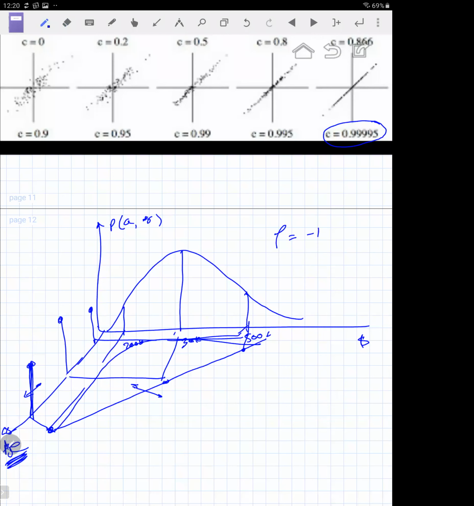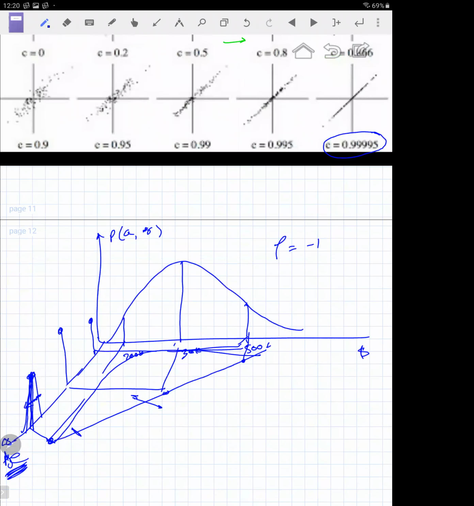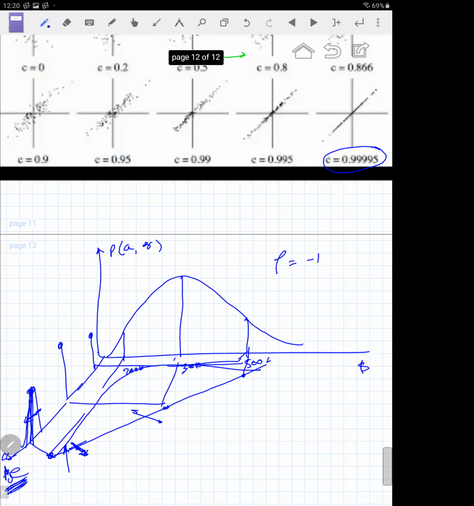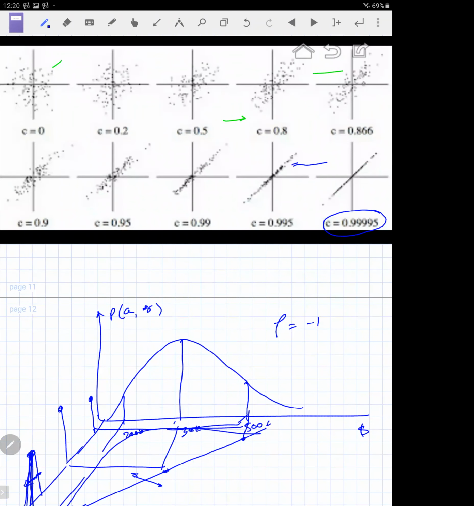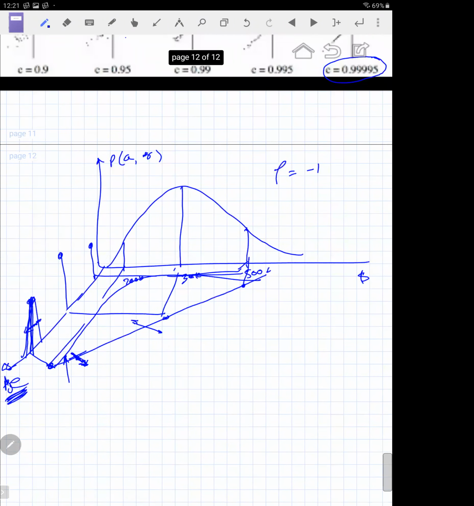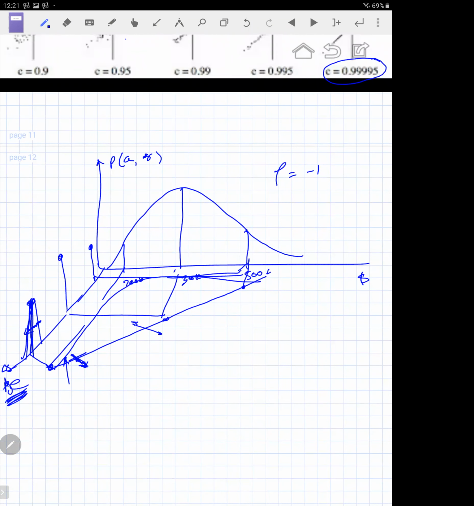Now, as the variability in age increases, so for example, in a 200K house, you have a slight variance in the age. You can start seeing this variance being reflected over here. So you will start seeing the fattening of the PDF along this particular axis. So in this picture, as your correlation reduces, you see more and more variability coming from the second variable, and that means that there is more discriminative power of the second variable.